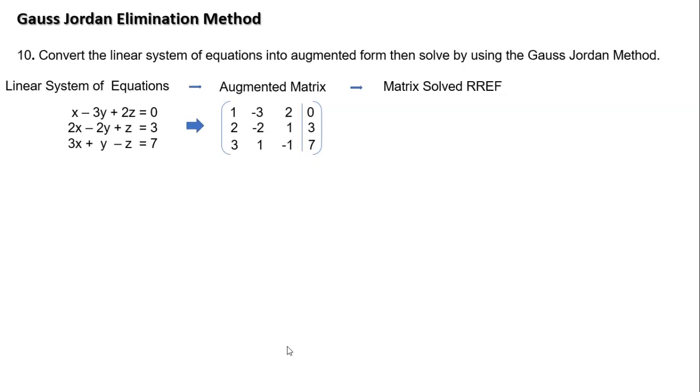This line again represents our equal. So to solve this, we want to reduce our augmented matrix into this form. This is the identity matrix notation for this matrix: 1 0 0, 0 1 0,